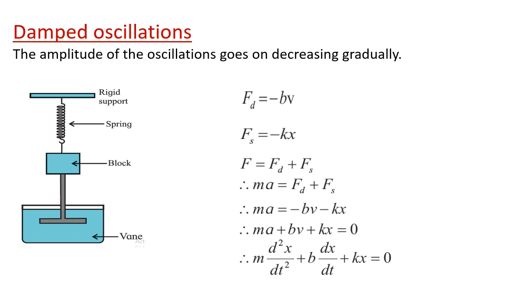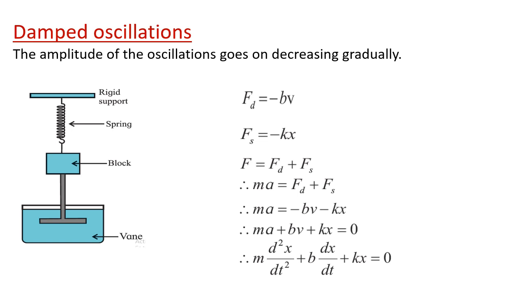and the negative sign in the equation indicates that this damping force opposes the velocity. Okay, now for the spring constant, which is k, the force on the block from this spring will be given by the equation that we have used for explaining the SHM, that force will be given by minus kx.